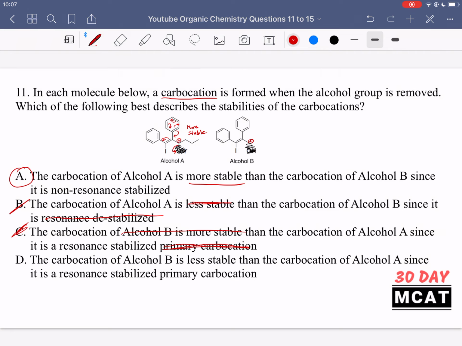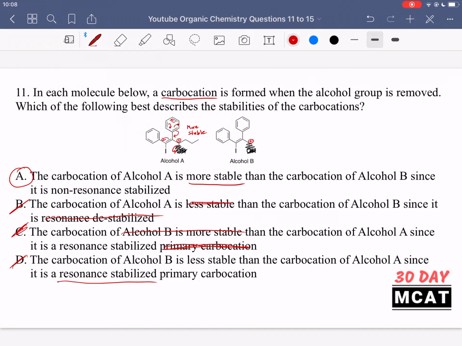It's saying the carbocation of alcohol B is less stable than that of A. That part's correct. But it's saying that's since it is a resonance stabilized primary carbocation, so that last part is incorrect. It is a primary carbocation, that part's fine, but they're saying it's because it's resonance stabilized, implying that resonance is the reason that alcohol A is more stable. They're saying the carbocation of alcohol B is a primary carbocation, that's fine, but they're saying that it is a resonance stabilized